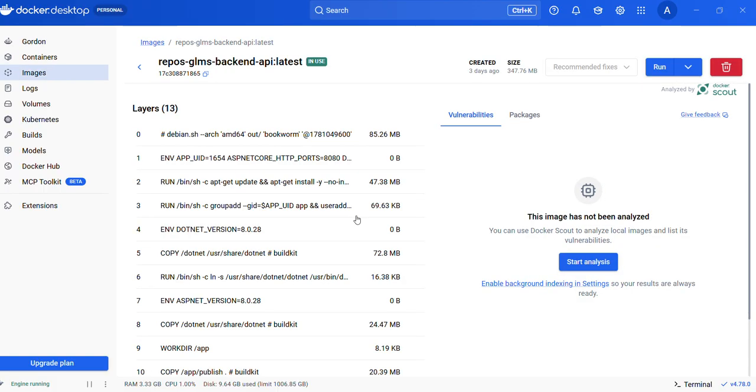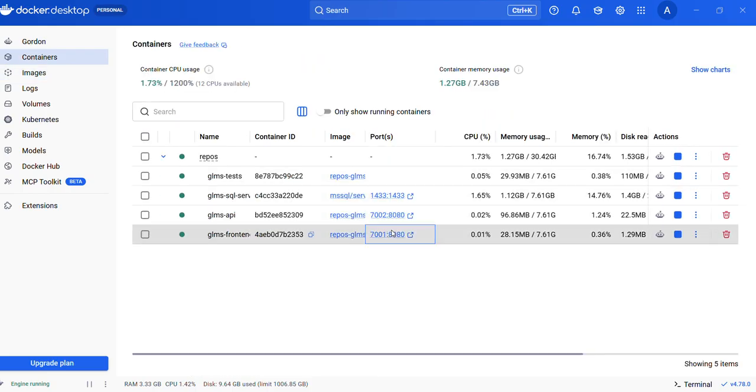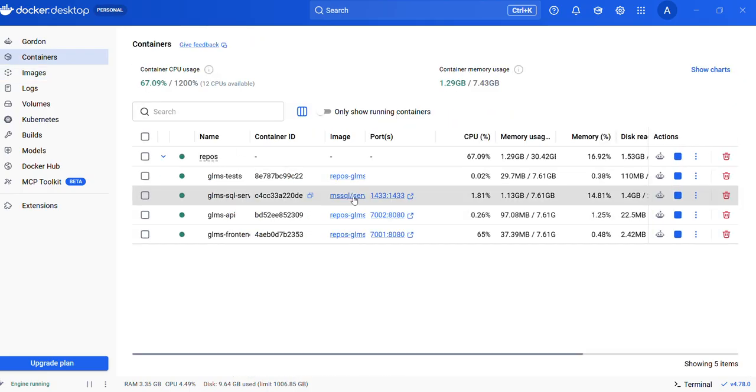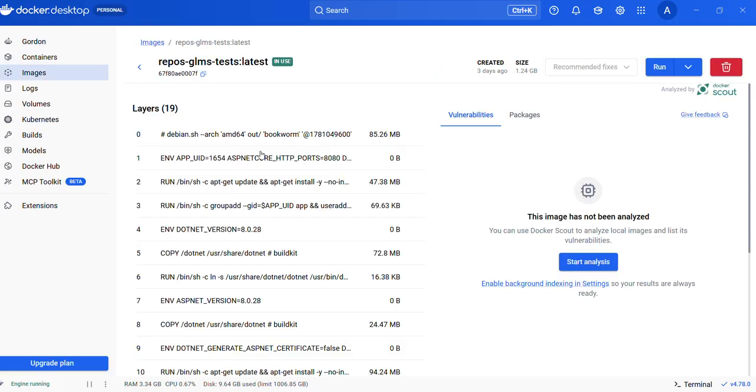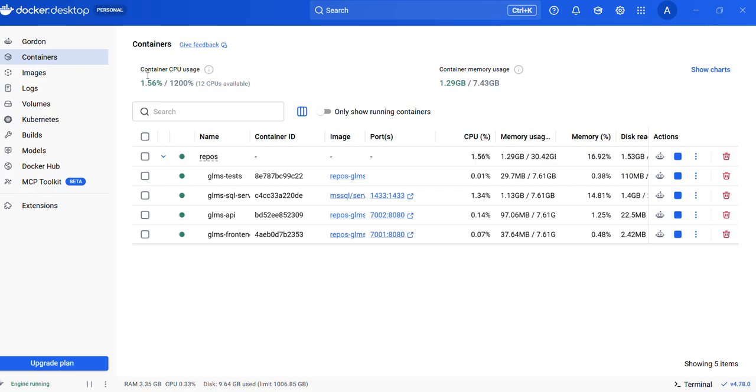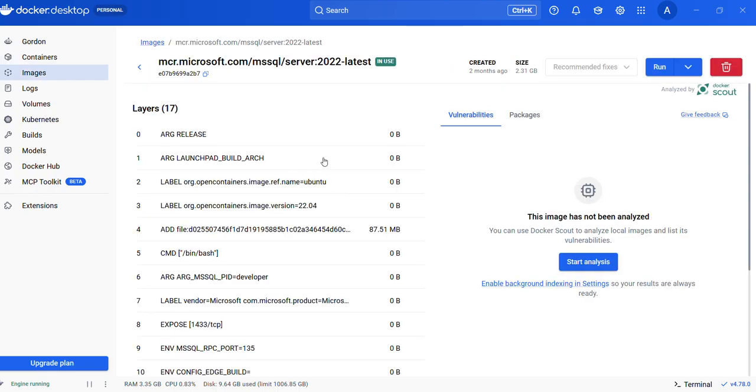This one is the backend. This is the API. This is where the API is running. As you can see, it's currently running. And then this on port 7001 is where our front end is sitting, and in here, this is where our tests are sitting, right? This is where everything is for the test related stuff. And here is our MySQL server